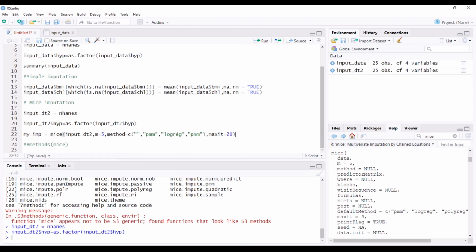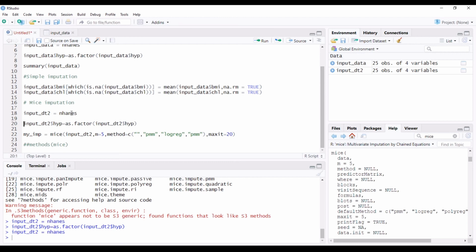Now I'm not going to get any error, because I would have got an error if this specific column hadn't been transformed into a factor. Actually, I can show you. I'm going to bring it back to my enhanced record set. Now hypertension is not a factor or a categorical value. So if I run this command,